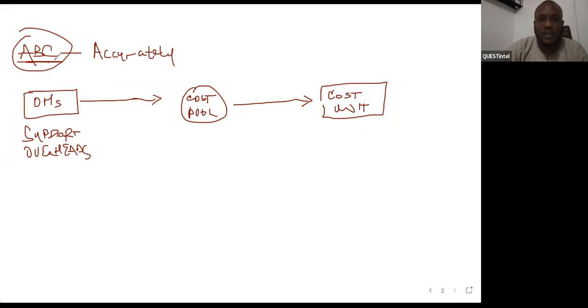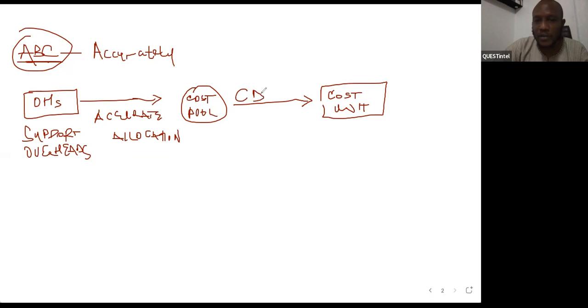In activity-based costing, we're trying to reflect those support overheads, which we say are a major part of the cost, into the cost unit using a cost pool. So here we're going to accurately find a means of allocating the costs to the cost pool. And then we're going to reflect these costs that have been collected in the cost pool into the cost unit using what we call a